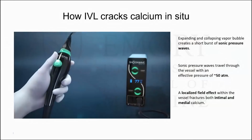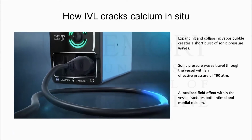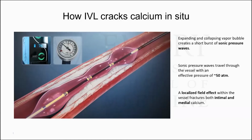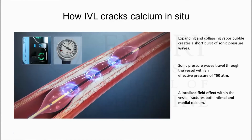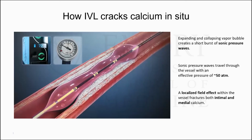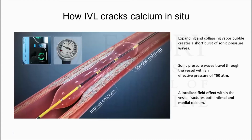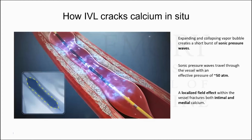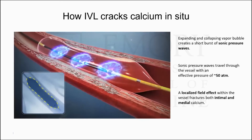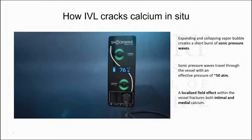And this is a nice demonstration, I'm not sure if you guys can hear it, of how the intravascular lithotripsy causes cracks in the calcium in situ. There's an expanding and collapsing vapor bubble. It creates a short burst of sonic pressure waves. These sonic pressure waves travel through the vessel with an effective pressure of around 50 atmospheres. And it is thought to help crack not only the intimal calcification, but also medial calcification, unlike the